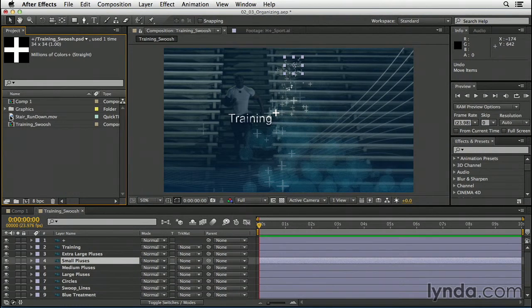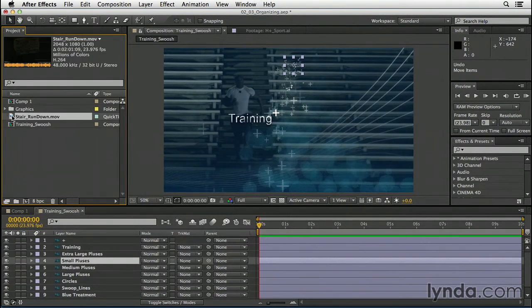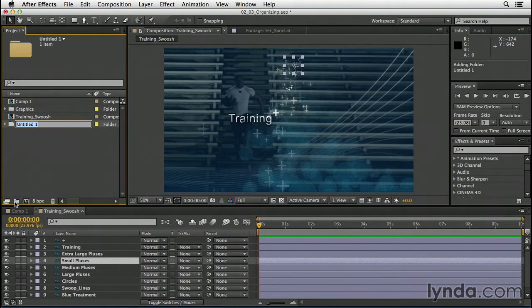I want to automatically add this video file into a folder called video. So I'm going to click on the file and drag it down to the folder icon. Now when I let go of my mouse, it's automatically dropped that file into the untitled folder. Let's rename this video. The last thing we need to do is create a folder for our compositions. So if you go down to the bottom of the project panel, we'll click the create folder icon again. And since we had just created the video folder, notice it put it underneath. That's fine. Let's go ahead and name this